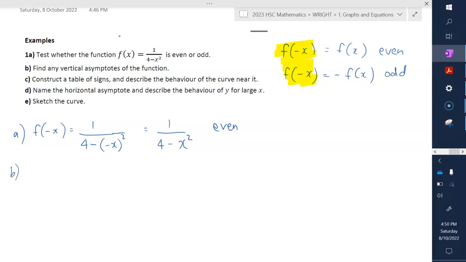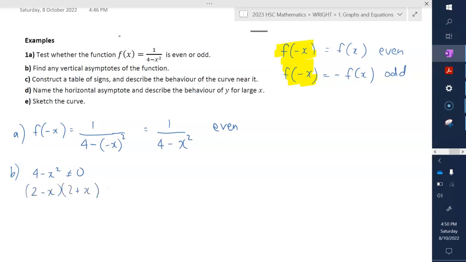Okay, part B says find any vertical asymptotes of the function. Remember, the vertical ones were the ones we looked at last year that were a lot easier. They were the ones that look at what happens on the bottom. Giving us that the bottom line, 4 minus x squared, can't equal 0. So let's factorize this out. Difference of two squares. 2 squared is 4. X squared is also a square there, so we're going to have 2 minus x,